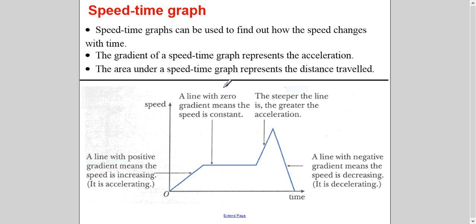Now let's see the speed-time graph. The speed-time graph helps you to get the distance if you find the area under the curve. Besides that, if you find the gradient of the line, it gives you acceleration. Speed-time or velocity-time, both give you acceleration. A straight horizontal line means constant speed, which means 0 acceleration. And when it is in this direction, a negative gradient, it means it is decelerating, right? So these are the things you can find out from the speed-time or velocity-time graph.